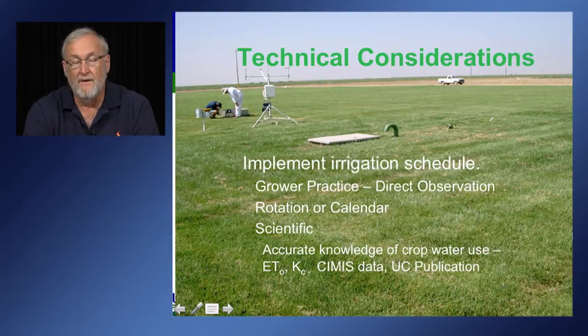The information that you need to do this you can get from CIMIS, which is the California Irrigation Management Information System, which will provide all the weather data and the ETo data. And you can look at UC publications that will provide the crop coefficient data that you need. On a simplistic level, this is oftentimes viewed as a bank account, or a checkbook type of thing, where you deplete your checkbook by writing checks, similar to the ET being lost. And when you get down to a certain level, you replenish the supply.